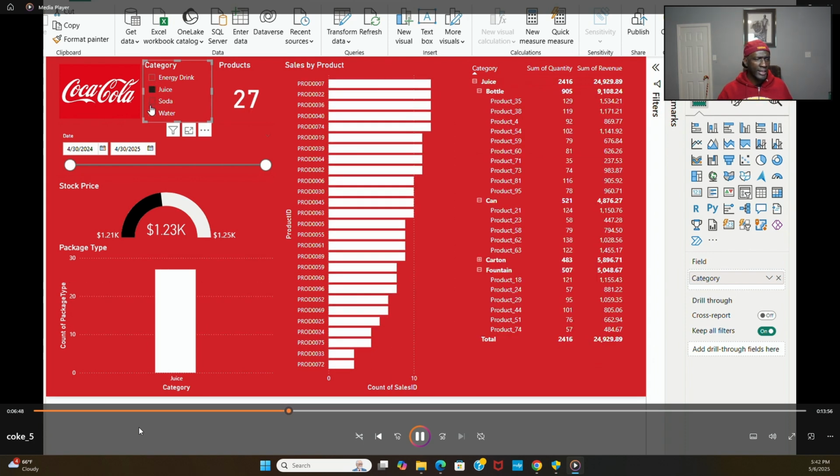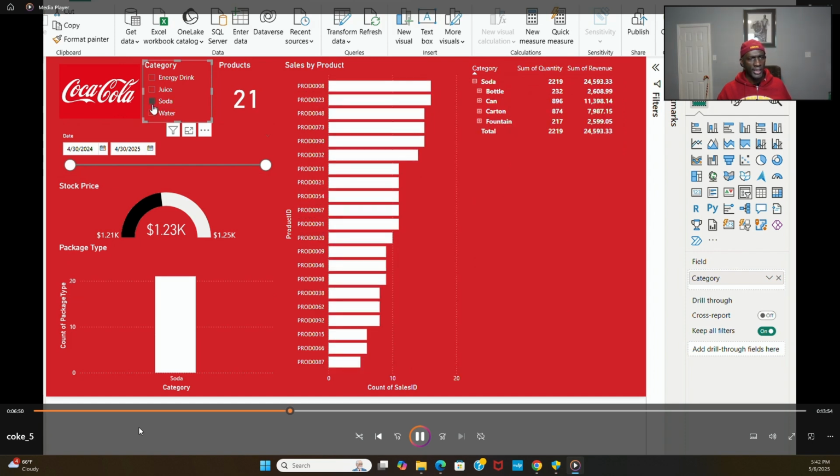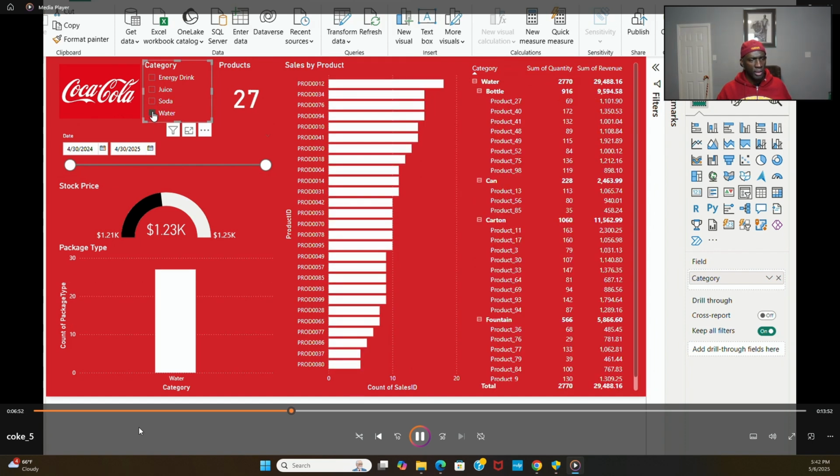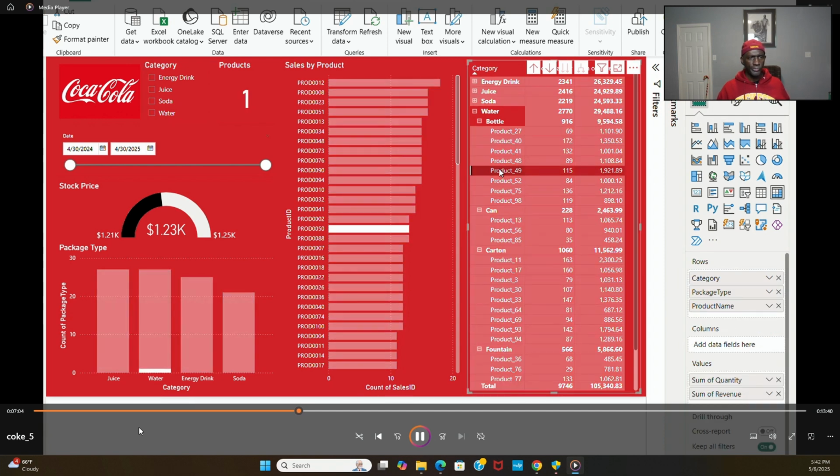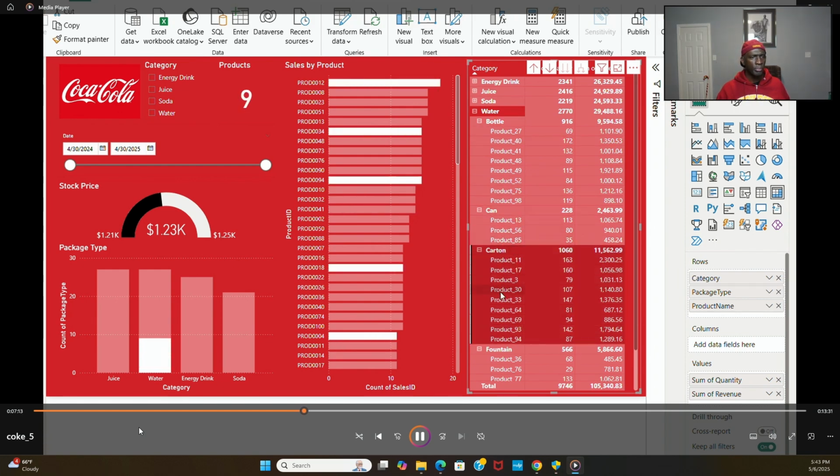I'm getting an idea that the black we're using in the gauge is coordinating well, and I believe so, because I've seen the black integrated into the Coca-Cola logo before. Double checking here again, seeing how the interactions are taking place between the